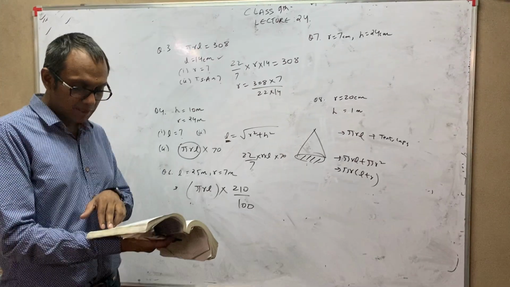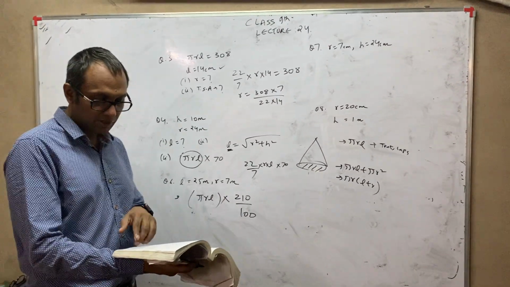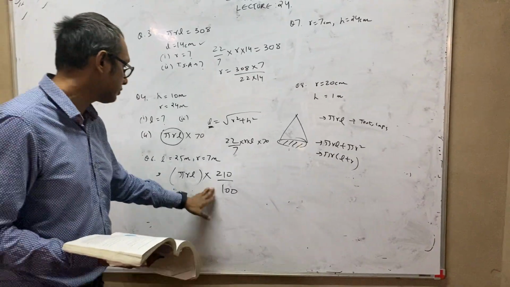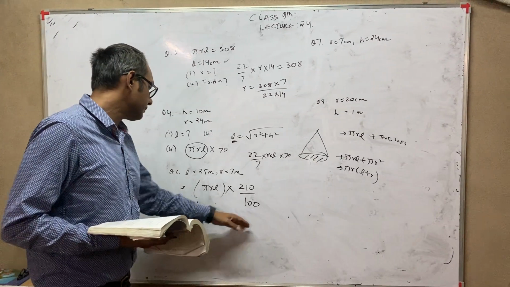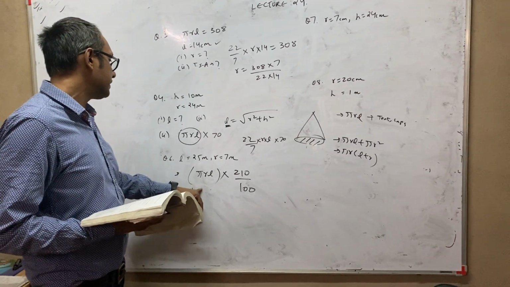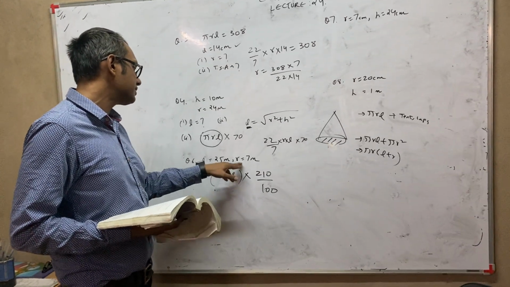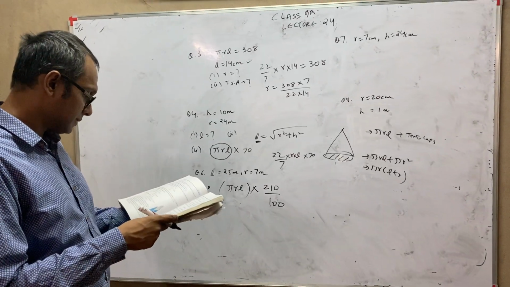Whenever this type of sum is there and it is given, so first term you write on top and below you write whatever after the per is there. Here rupees 210 per 100 meter square, that's how you will write it. Here also when you do this sum, when you calculate pi r l, then of course you can cut the 7 of pi with the radius also, then accordingly you can finish the sum.